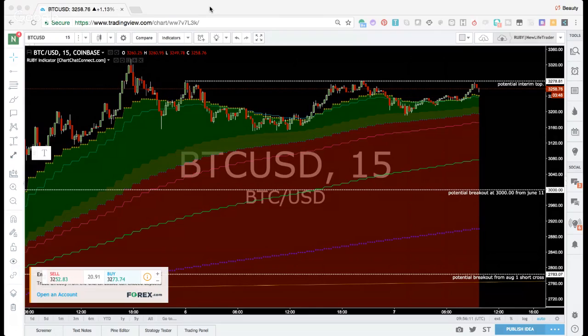Overnight, we had price come into the high, reject the high, come back in to rest and retest. And then for a while now, we have been literally gliding up. However, you'll notice that Ruby is thinning a little bit. And the important EMAs that can keep price propped up for a longer period of time are starting to thin out. We have the 8 and the 12 that have collided.